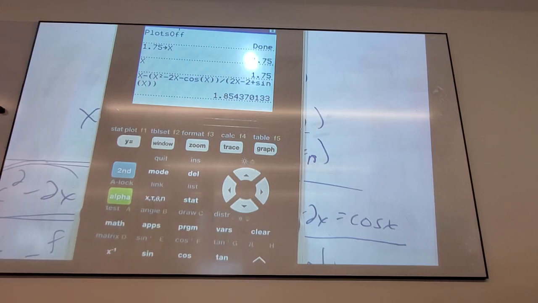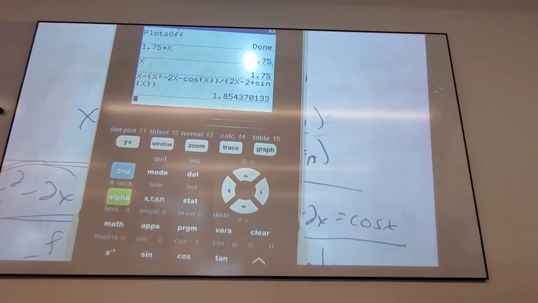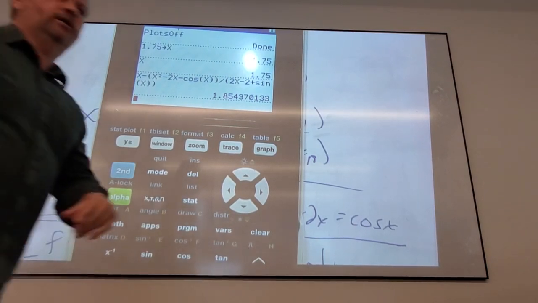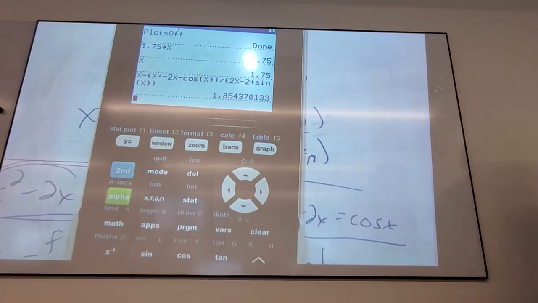Now, here's the ultimate goodness. If I hit enter right now, I'm going to get the same answer, because x is still 1.75. I'd have to manually change x's value and then go back up and highlight this and hit enter. Don't you wish I could make it so it just hit enter, enter, enter, and it just keeps putting the new number in automatically? So there's an ultimate best memory location on your calculator, and it's called